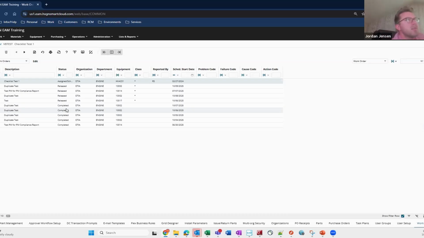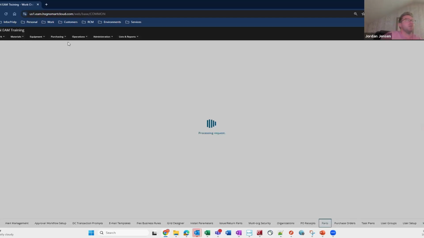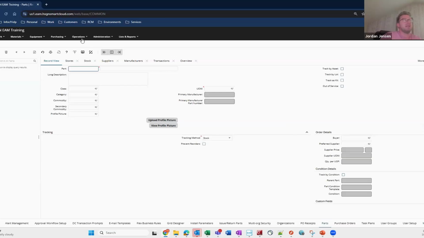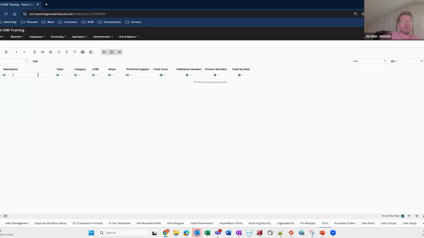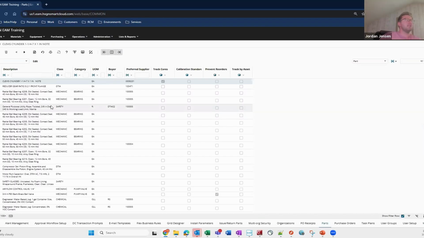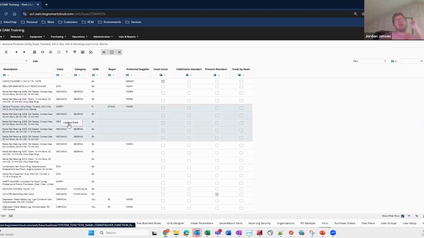Now, there are some other screens that I'm able to do this on. I believe parts is one. If I was to go to the parts screen, a quick, easy way to check if you can use that update field option is getting your list of data spies, hitting your control button, and just clicking on records. That's your signal to know, hey, I can use this update field option,